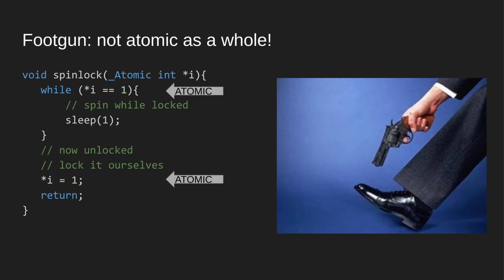Now, I want to go back to this bug here. This is called the time of check to time of use bug, right? There is a little bit of time in between where we check if the lock is locked and where we set the lock to locked. We check it, there's a bit of time, and then we use it. So this is a time of check to time of use. This is also called the ABA problem, which is kind of similar.